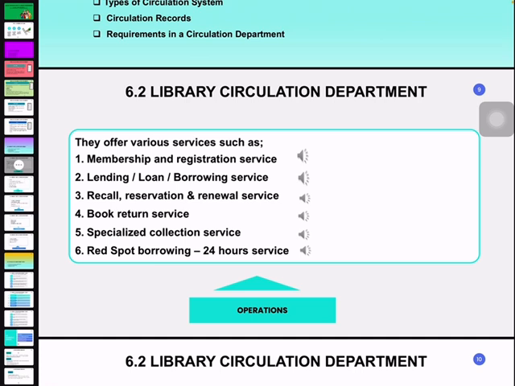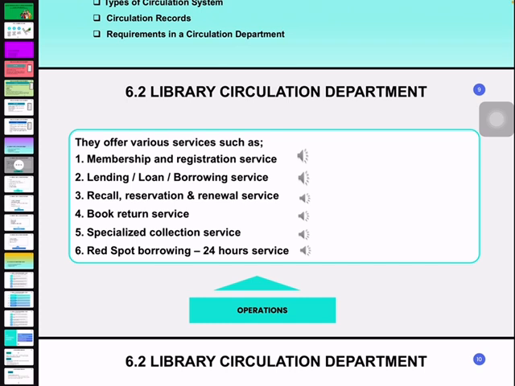Okay, specialized collection service ni contoh buku yang tak boleh dipinjam, tak boleh bawa keluar pada library, tapi boleh dipinjam untuk jangka masa sekejap. Contohnya thesis. So biasanya thesis ni is special collection service. So this is also handled by the circulation department. Usually thesis can be borrowed by the user, but only can be used in a small room or thesis room. Selalunya macam tu lah, tapi it depends on the library policy how they want users to access that kind of materials.